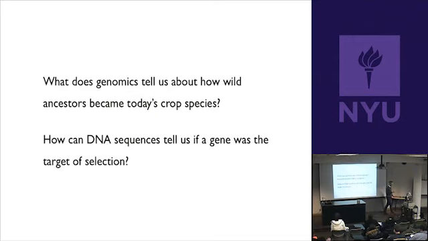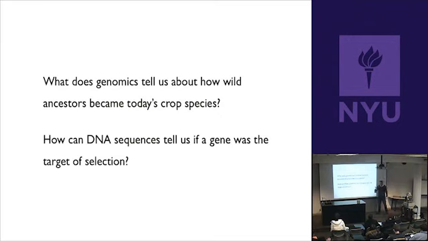So, more examples of how particular genes changed, and those were the dramatic changes that caused the difference between this ancestral variety that's not a particularly appetizing thing and this new variety that is. And then how, this is the DNA forensics part, how can DNA sequences tell us if a gene was a